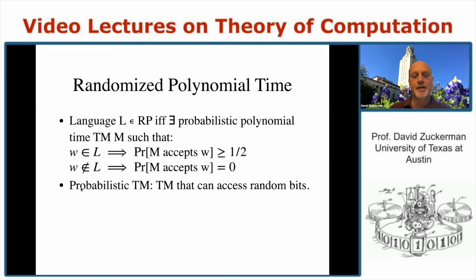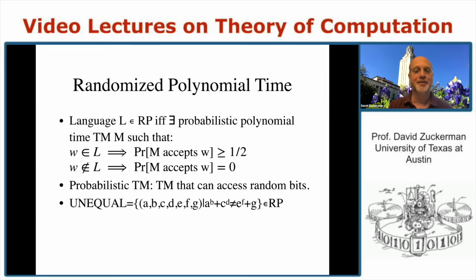So a probabilistic Turing machine is just a Turing machine that can access random bits. So just think of it as a randomized algorithm. It's convenient not to think of Turing machines for now. You've seen earlier that Turing machines are equivalent to maybe easier models to think about, like the RAM model. But you can think about your favorite model and think about a randomized algorithm in that model.